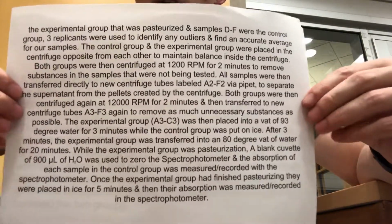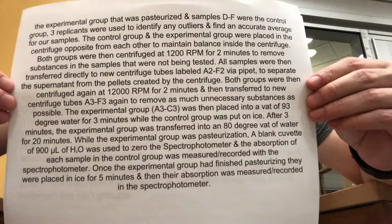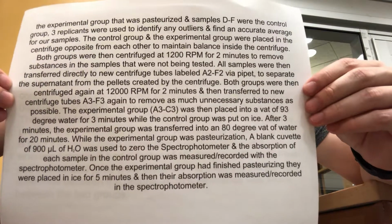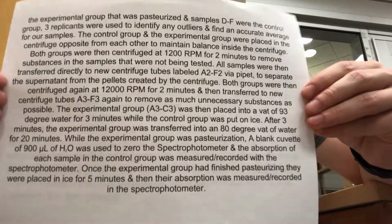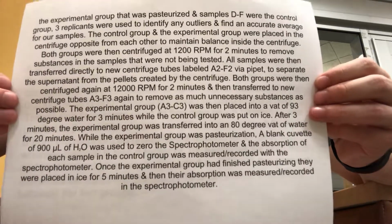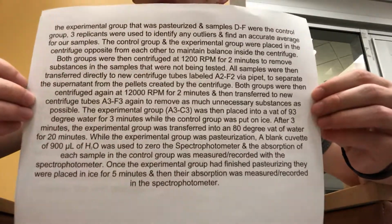Once centrifuged, we placed our experimental group, A through C, into a vat of 93-degree water to start the pasteurization process for 3 minutes. Then we transferred our experimental group from the 93-degree water to an 80-degree vat of water and let them sit for 20 minutes. While they were pasteurizing, we